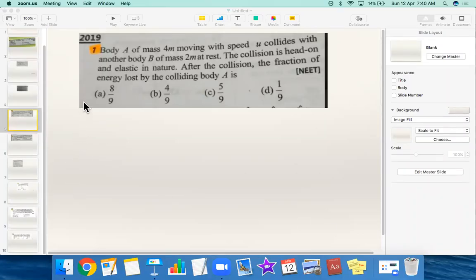Hello. So I'm going to solve problem number 1, and this problem is: body A of mass 4m moving with a speed u collides with another body B of mass 2m at rest. The collision is head-on and elastic in nature. After the collision, the fraction of energy lost by the colliding body A is. Okay, so what we have,